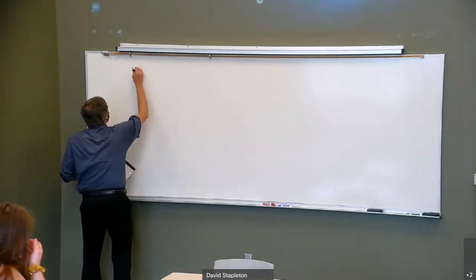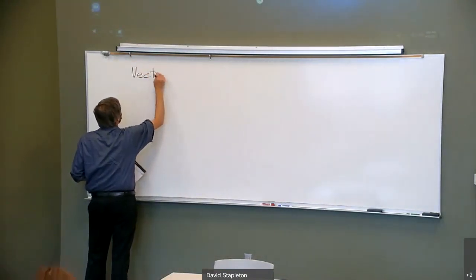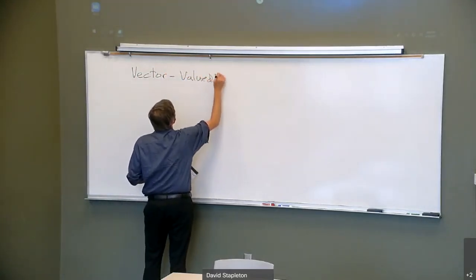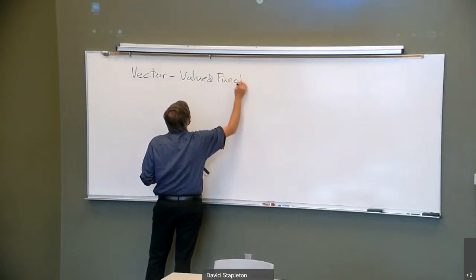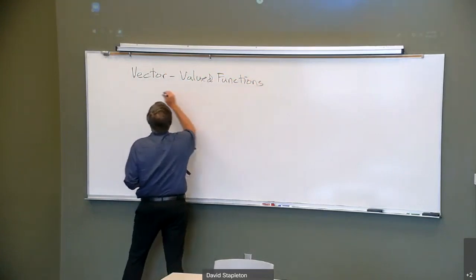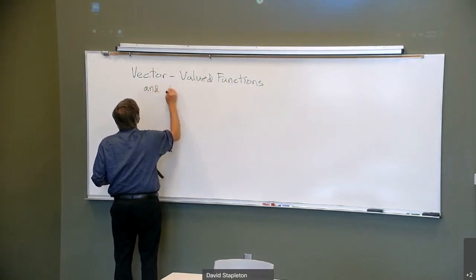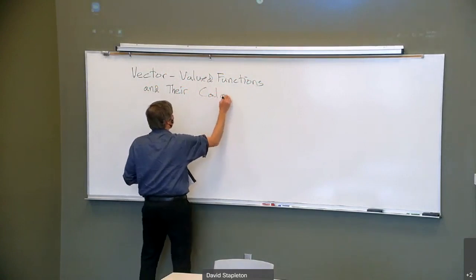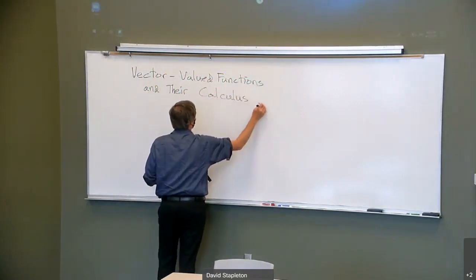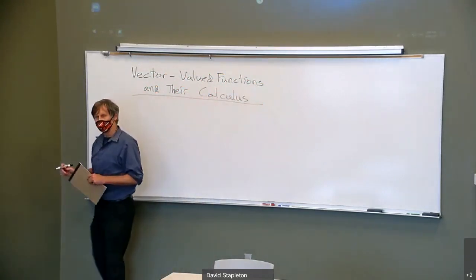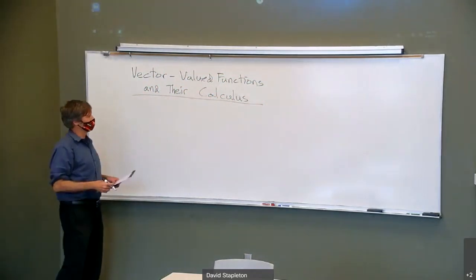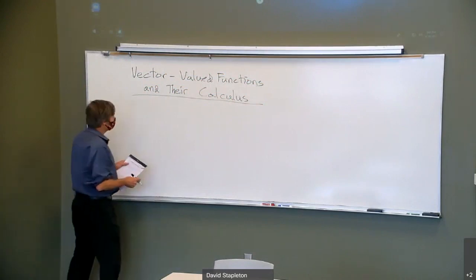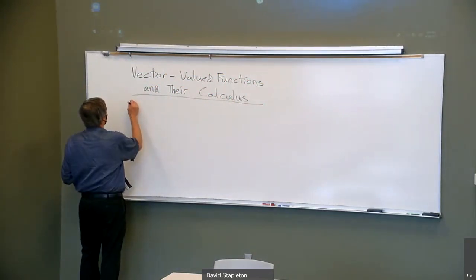So vector value functions continued. Calculus thereof. I'm going to do a rather short job with some of this because the derivation is not so important right now as having seen it and used it a little bit. So I won't do quite as many proofs, but I still want to do a little bit of them in here. We'll say this, we recall that